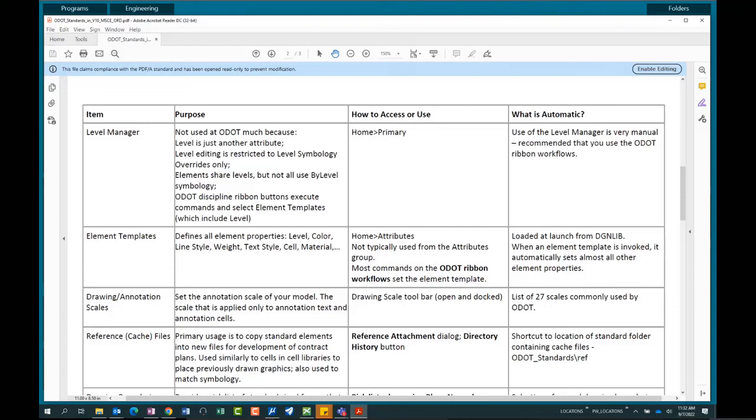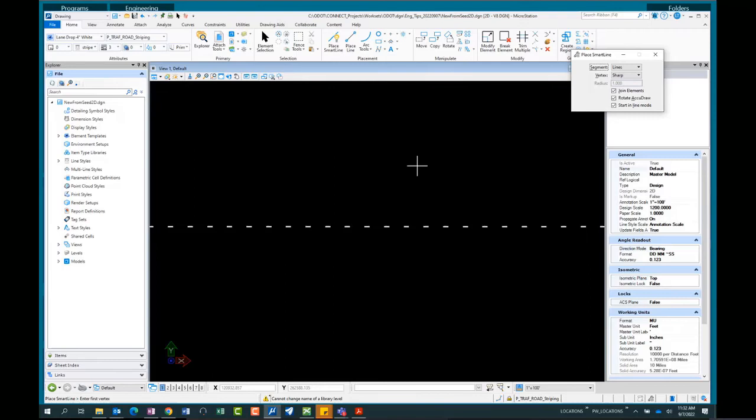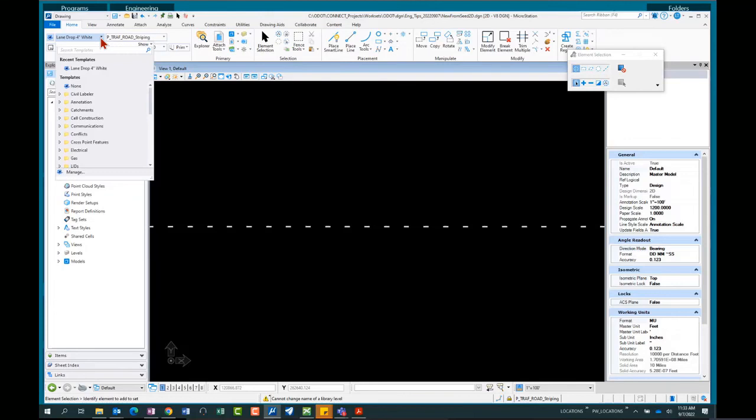And the question always arises, would you select an element template from the list? Well, I would not. If we take a look at our attributes group, the upper left corner, when I hover over this little box that says lane drop 4-inch white, it shows that that's the element template group, and it shows me what my active element template is. There's a pick list, and